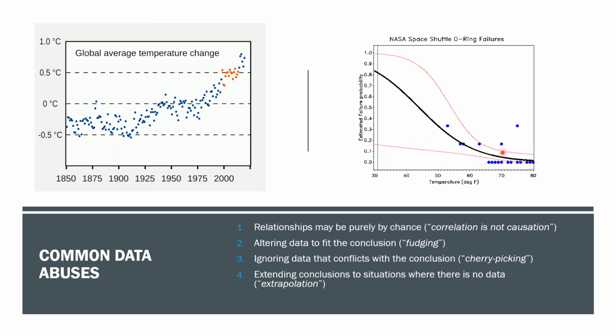The point is that when you don't have any data in a region where you're making conclusions, you need to be very, very careful. So this is called extrapolation, and you need to be very mindful of it. We're going to do an activity later in the course where we do extrapolation. Now, remember those 4 data abuses: confusing correlation with causation, fudging the data, cherry picking, and unwarranted extrapolation. Remember those when you're asked to critique scientific results in some of our group activities throughout the course.